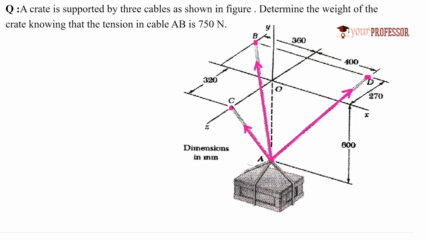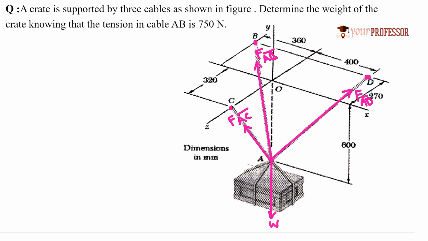Let us consider the force vector present along AB as F_AB bar. Next, let us consider the force vector along AC as F_AC bar. Let us consider the force vector present along AD as F_AD bar. Along with these, there acts the weight. When we consider the weight of the crate, weight always acts vertically downwards. Let's represent that also. So this is the weight, acting vertically downwards. Let us represent that with W.